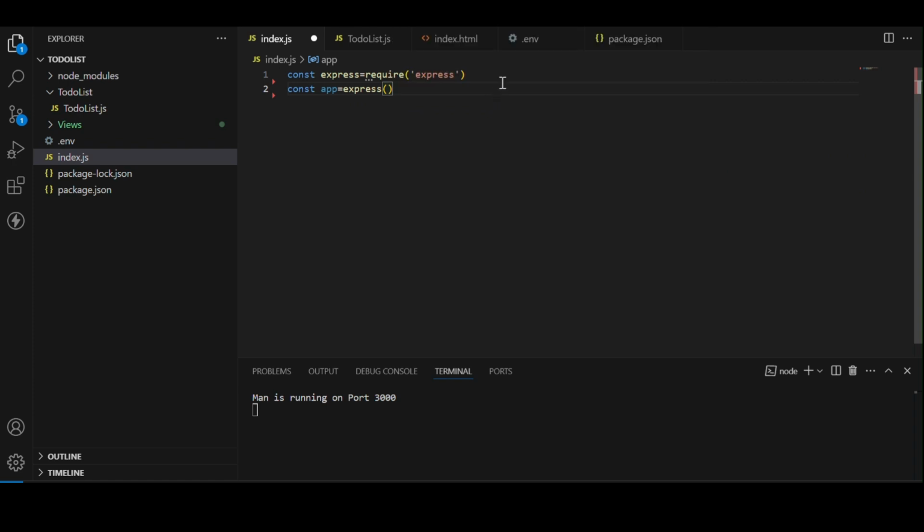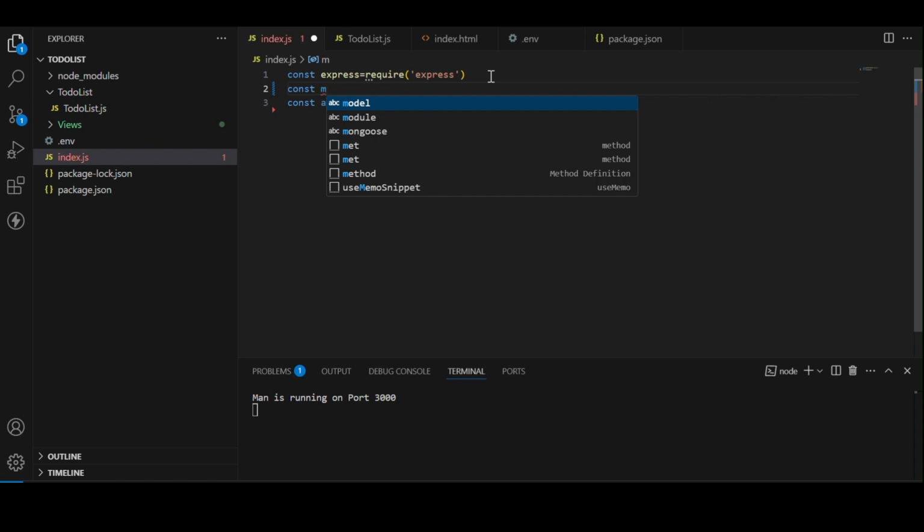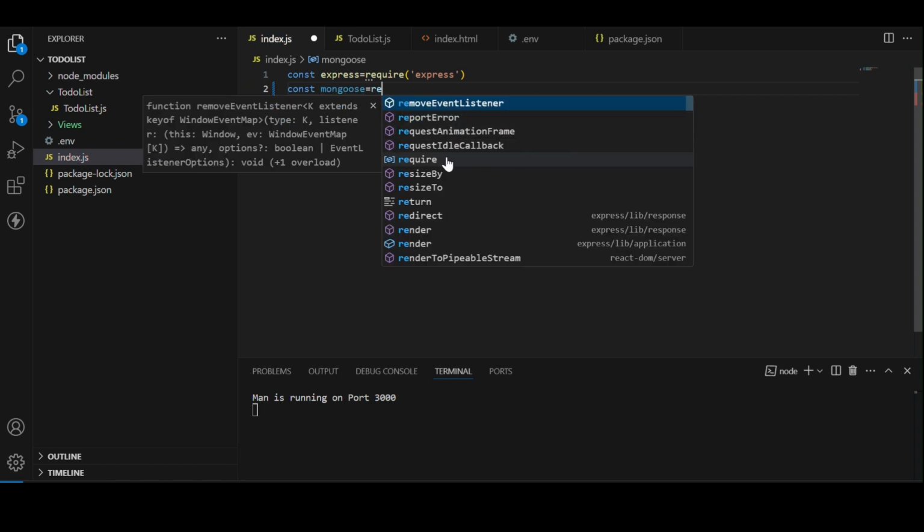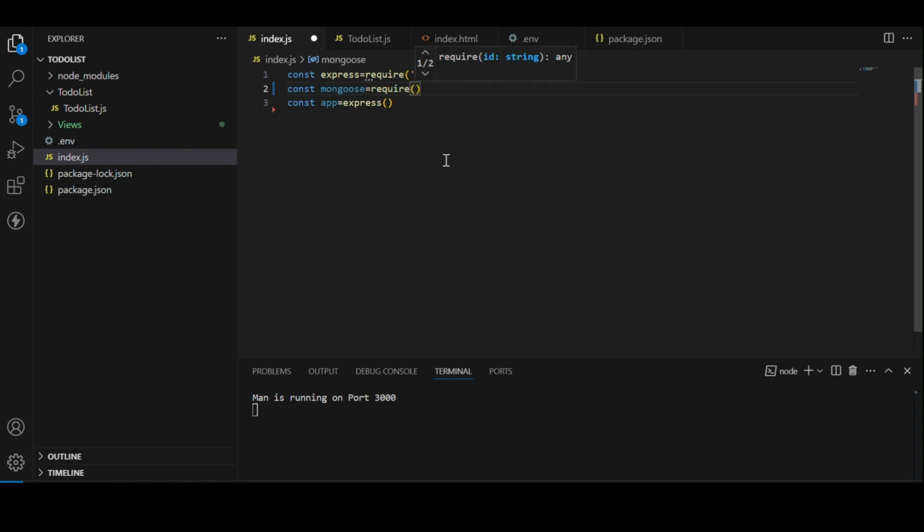And here let's say const mongoose = require mongoose. All right. So after doing so, I will connect to my database by saying, first of all, I will